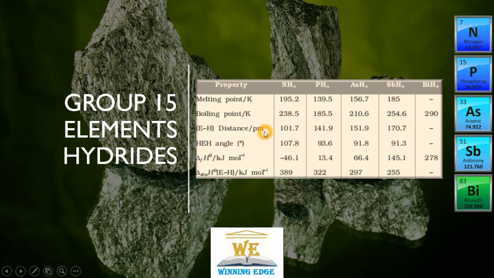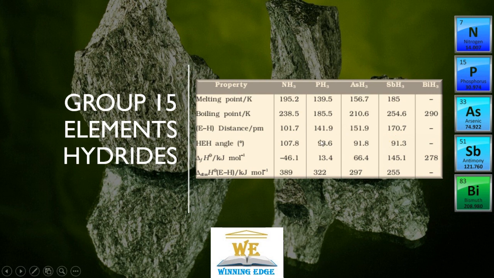Next is the M-H distance. The bond length increases down the group. It means hydrogen atoms are further and further from the central atom as we go from ammonia to bismuth hydride. It also has an effect on the bond angle. You see, bond angle reduces